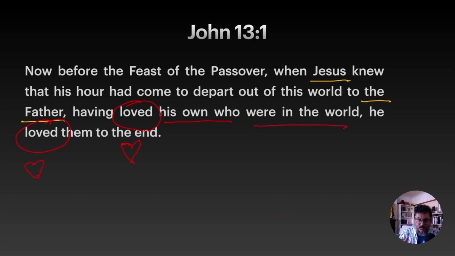Loved. So one of the central parts of John chapter 13 through 17 is how Jesus shows his love, his care, and his concern for, right here in the text, his own, which we can discuss later. That's a good question. Well, who are his own? And especially not just me telling you who his own are, but showing you from the wider context of John's gospel, who does Jesus have in view here? That's really the question when we ask who are these people who are being referred to as